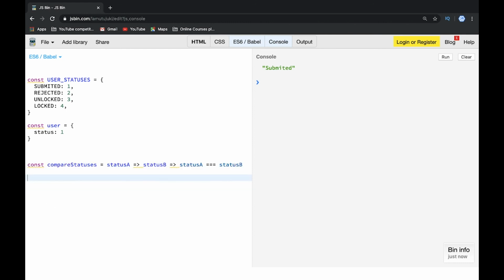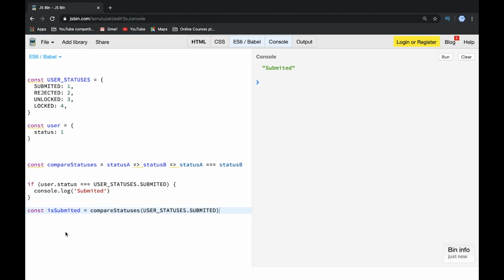And now, based on this information, we can create a couple of different functions to check is the user submitted, is the user rejected or not. Okay, let's create a function isSubmitted, for example. So it compares statuses and we pass the user status submitted. And as a result, we will have a function isSubmitted. And let's copy this result and re-implement this if statement. So if isSubmitted,